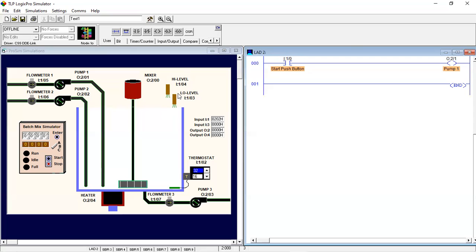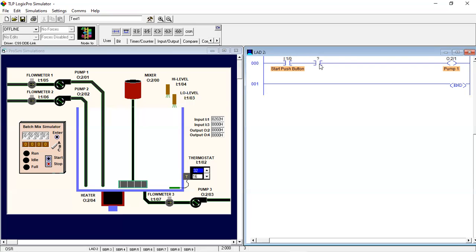We have two level sensors in this example: one is a low level sensor, and the second is a high level sensor. Here we will put an input instruction, because our level sensors come under input devices.